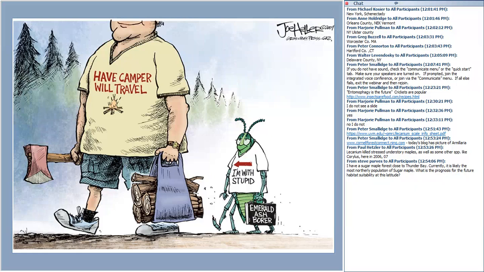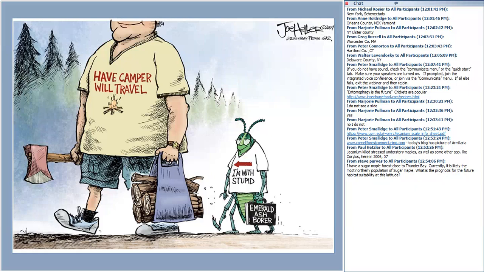I think that we just notice it on maples because we're concerned about it. So one of the questions is how does it interact with the different trees around, and how do they then influence the population outbreak on trees that we pay attention to? Corylus is a good example. That's just an understory tree that doesn't have much economic importance, but it could contribute to the population growth in other, more economic species. So I like the question.